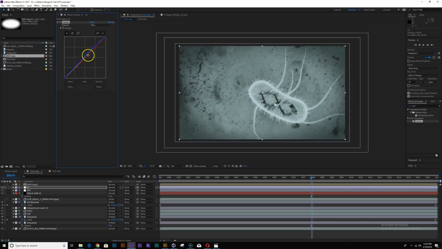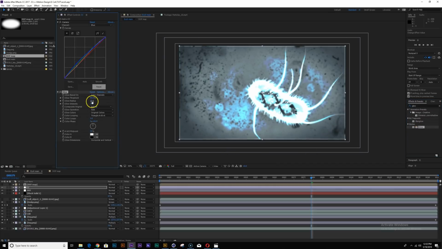Let's see. Yeah, so at this point it's up to you to color it how you want, but looks pretty good to me. Something like that. Just give it a little color. Maybe add a little glow effect. Add a little glow.